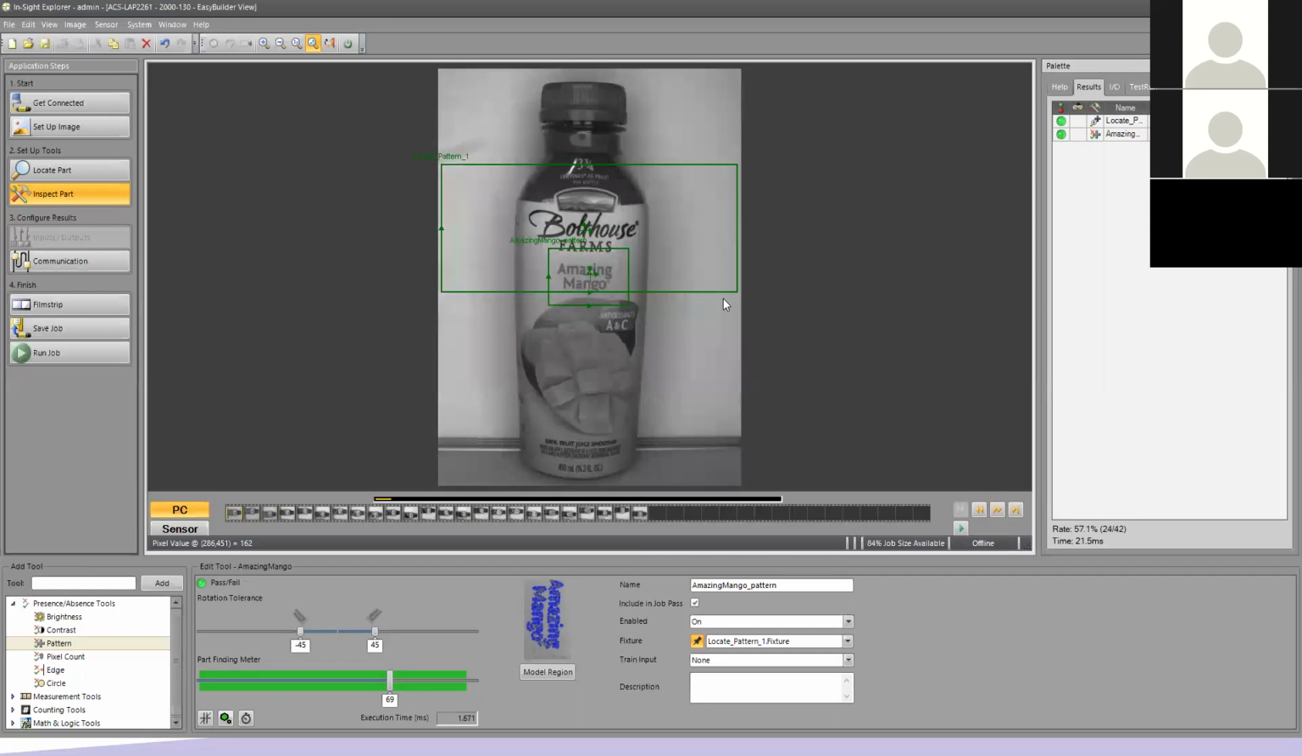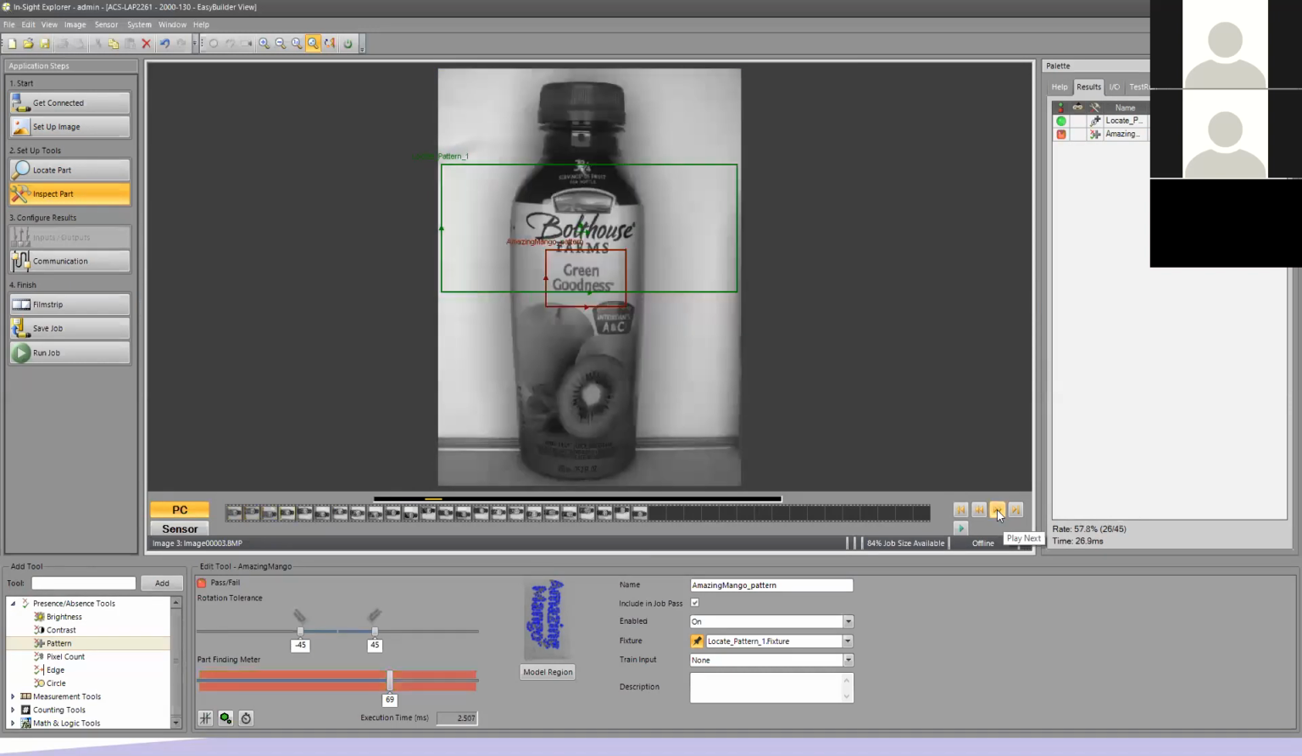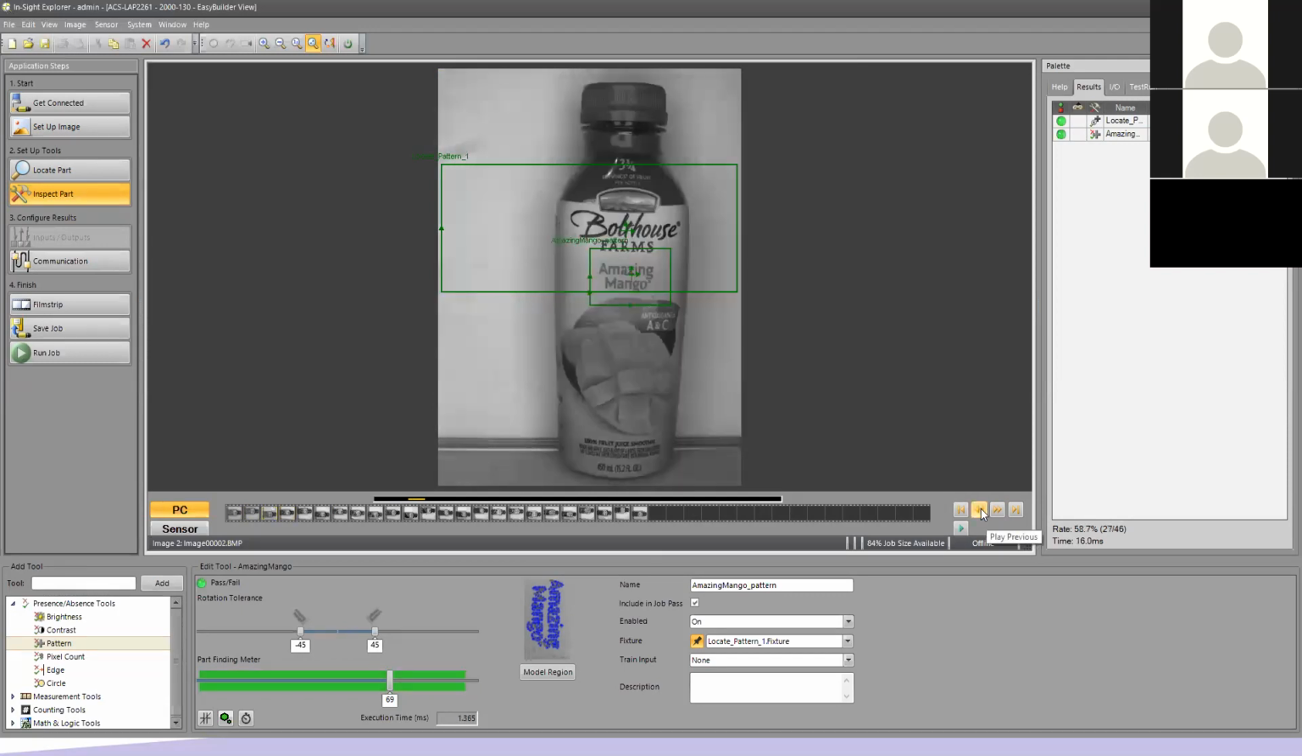Let's say though that these bottles themselves also vary in color. They have different colors associated with them, and one of those colors is the cap. Well, what if we want to make sure that Amazing Mango has the correct color cap on it? Well, as I look through my images, here's this Green Goddess. Take a look at the cap. It's a dark gray. And I really can't tell for sure if this Amazing Mango is the same gray or a different gray. So I want to be able to take a look at it to see, can I tell the